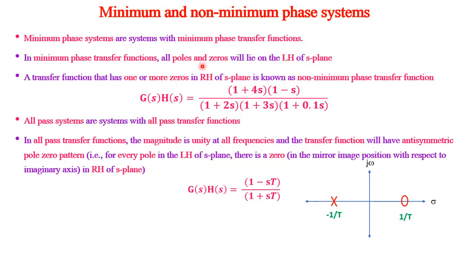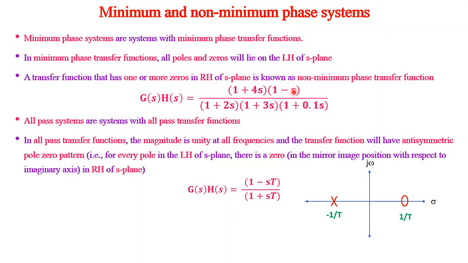So minimum phase means phase angle will be minimum. Non-minimum phase means it will not be minimum. For example, if this is 1 plus s, as omega tends to infinity, what will happen is this is 90, this is 90, this is 90, this is 90. Finally, I will have minus 90 degree as the phase angle, that is at omega equal to infinity. If I have minimum phase transfer function, that is 1 plus s, but I am having non-minimum phase transfer function, so this is 1 minus s.